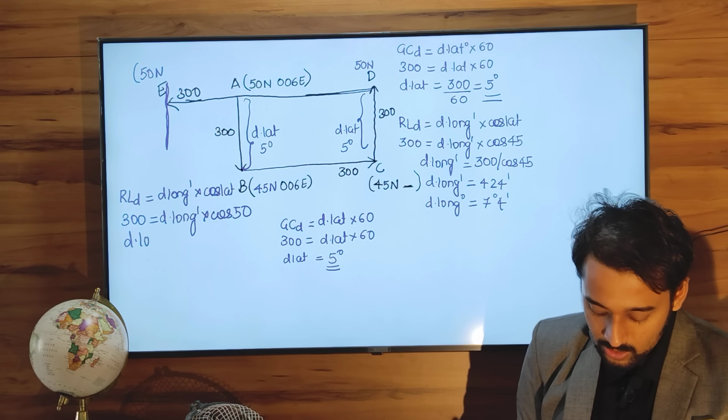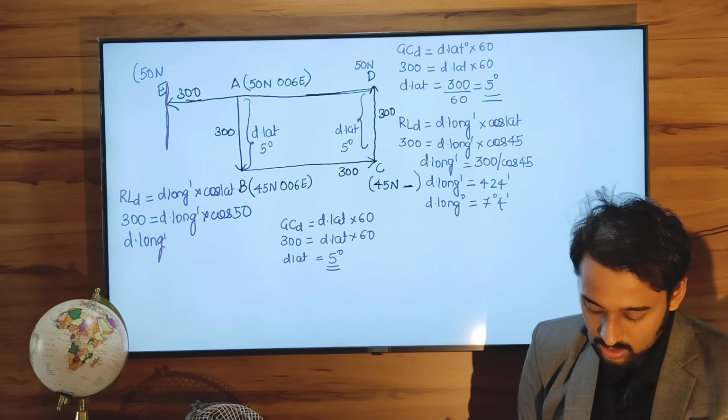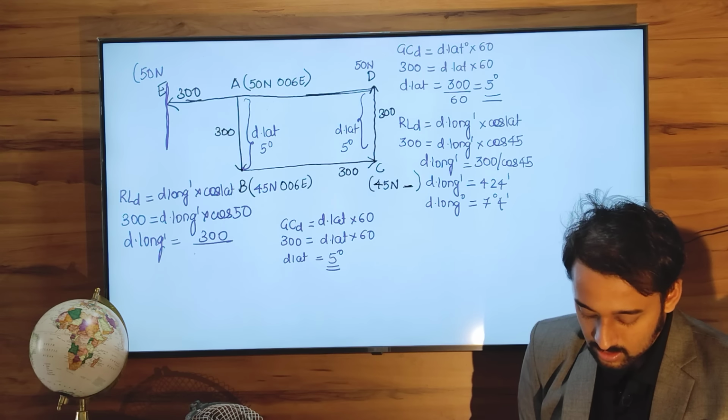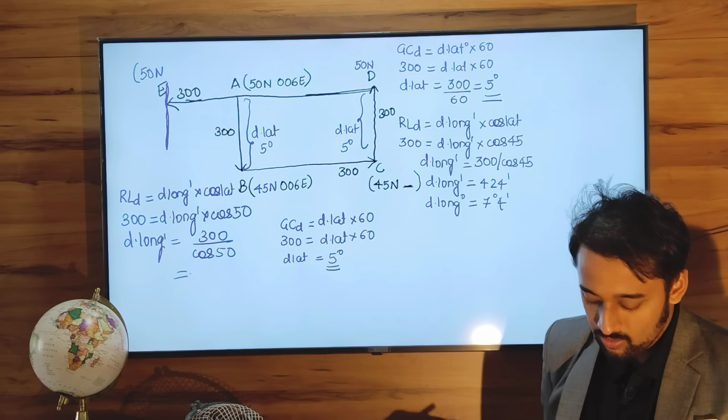So d long is equal to 300 divided by cos 50. So that is equal to